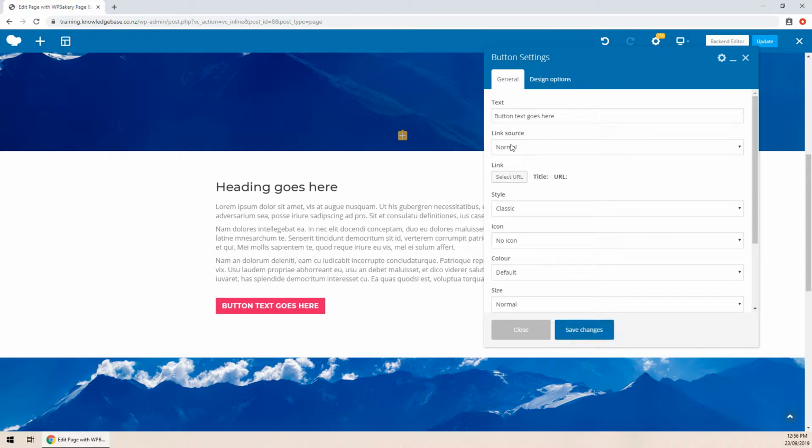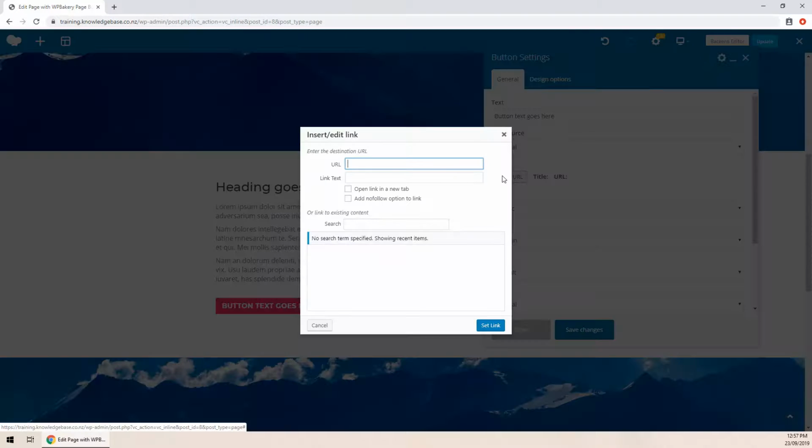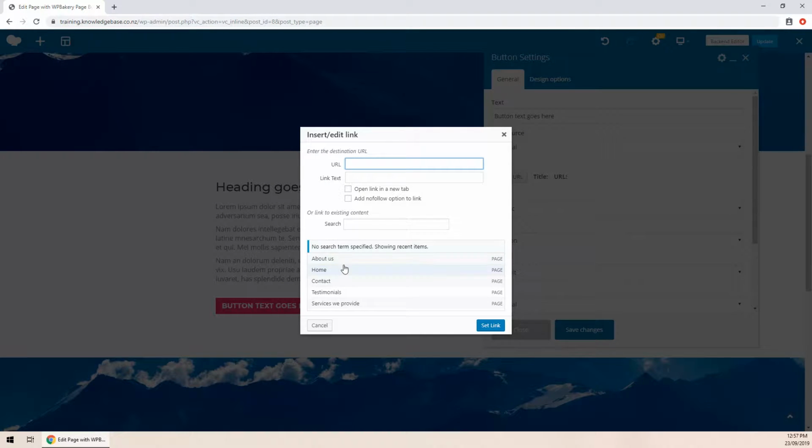Now, the link source has two options. We can first click normal, which is generally the option you'll use. And to set the link, you click select URL. And you can select a page from your website. For instance, if you click contact, you will see that the URL and the title for the contact page is automatically populated here. Or you could paste in a separate URL, or you could type one in, for instance, google.co.nz